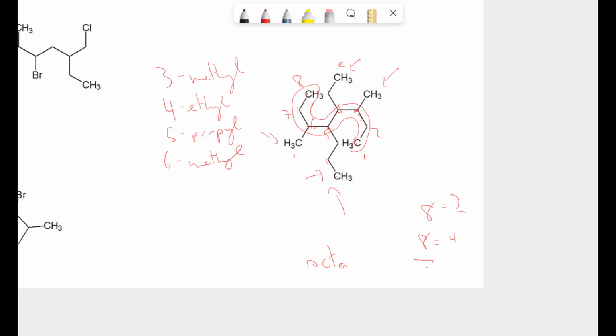And let's start naming this. The E comes first, so it'll be a 4-ethyl. The dimethyl, but it's the M that's important, so the M will come before the P. So I'll go with a 3,6-dimethyl. This is a 5-propyl octane. One thing to note here with the propyl group, a few years ago, I would have specified that you